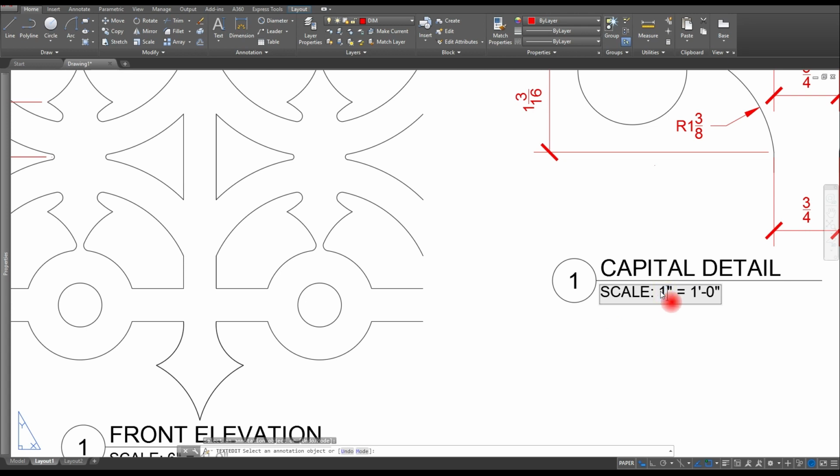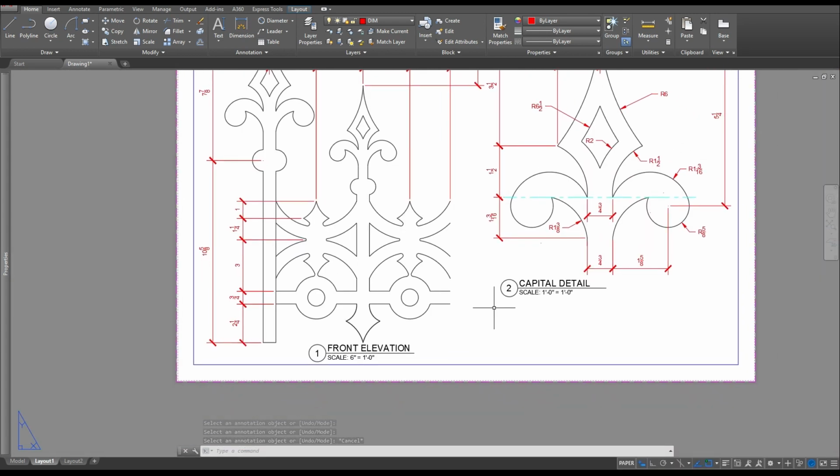This is going to be back to 1 foot equals 1 foot dash 0 inches equals that. Go ahead and change the number in the front to 2. And the last thing I need to do is go ahead and type in this text, and I'm going to use multi-line text for that. And I'll just show you how to do it, and then the next time you'll see it, it'll already be done for you. So I'm just going to go to my multi-line,